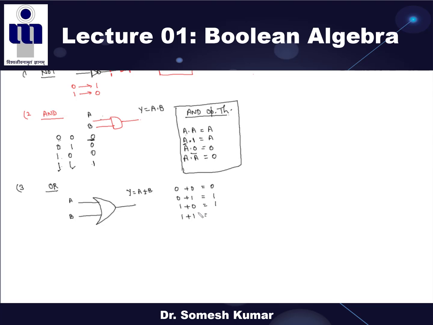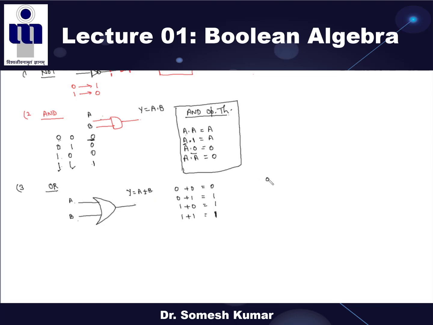This is the OR of two ones. It is not 0, it is 1, right? We are not doing the summation of these things. This is the OR operator, 1 plus 1, it is always 1. Clear? Means A is high, B is high, output is also high in this case. So this is your OR operation.